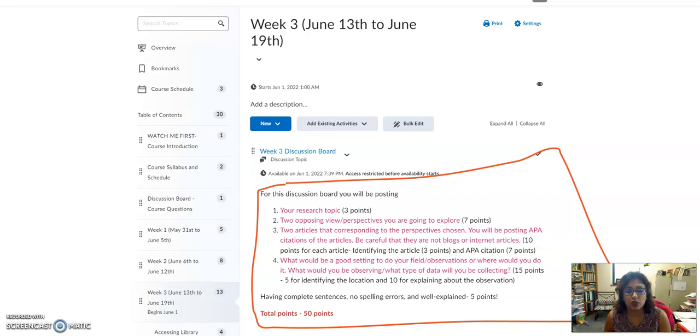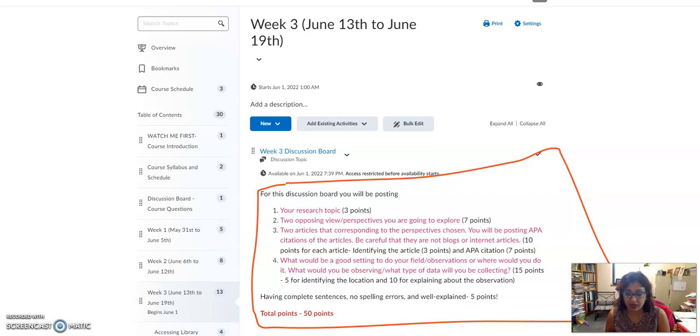So that is why you are also going to think ahead, since this is a summer semester, where would you be doing your observations. We do not have enough time to get a lot of permissions from nonprofit and all of those things. So I want you to be thinking about this.